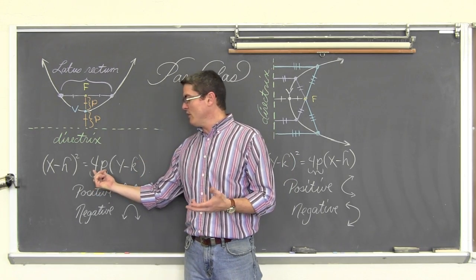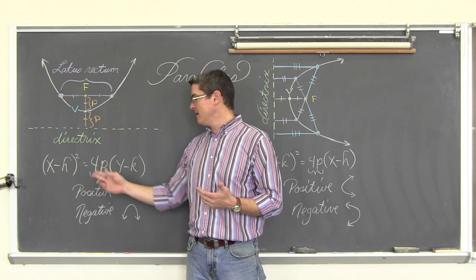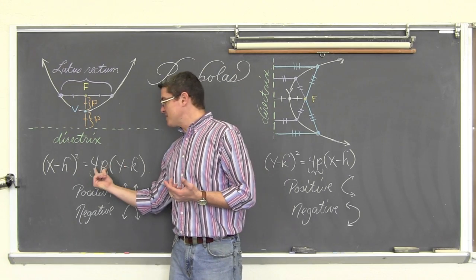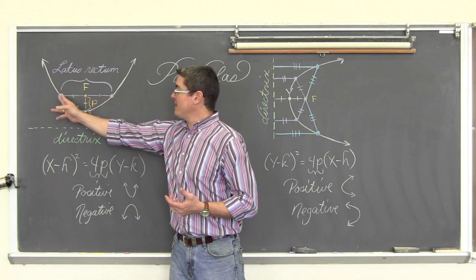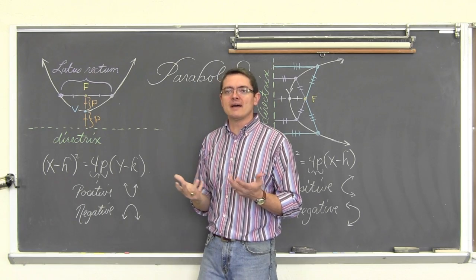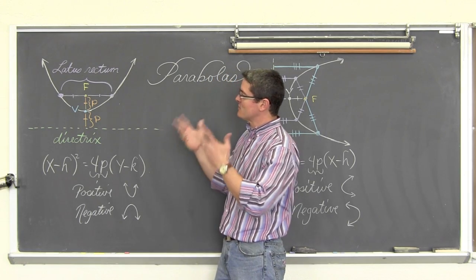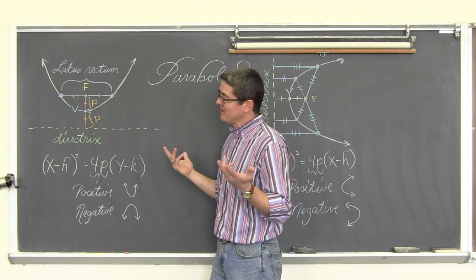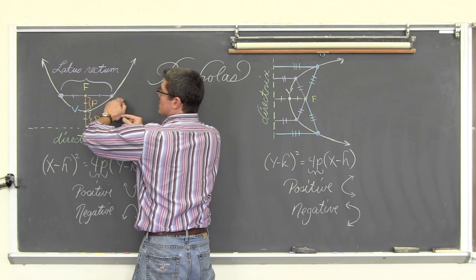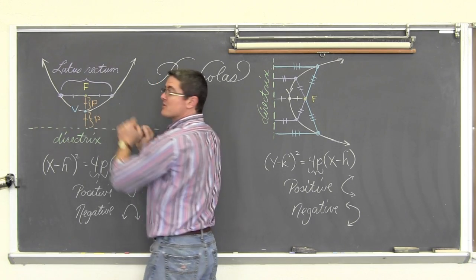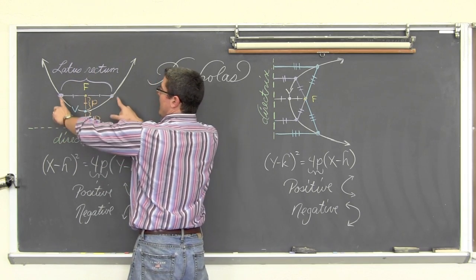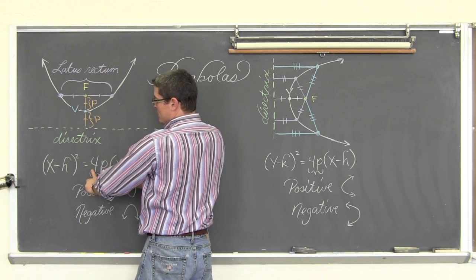And this coefficient of 4p that you will find in front of the single degree terms, well, this distance of 4p is the length of the latus rectum. I wonder if the word rectum had a different meaning back when they came up with this vocab word. So a little bit of an unfortunate name, but latus rectum. It is the length of the line segment that is going through the focus point in a perpendicular fashion to the axis of symmetry, and the length of that is equal to 4p.